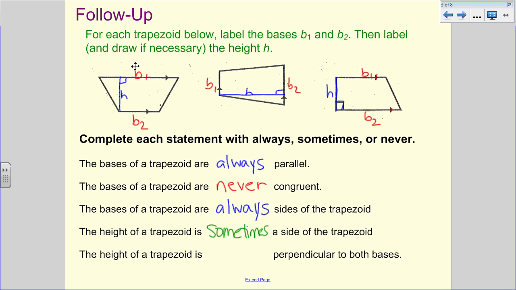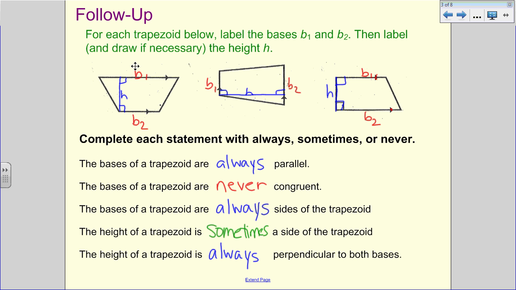And then it says the height of a trapezoid is blank perpendicular to both bases. Well, we only have a 90-degree angle drawn in here, but what we know is that these two angles have to add up to 180. So if it's 90 here, it has to be 90 here between those parallel lines. The same thing here, if these are same side angles between the parallel lines, then this has to be 90 degrees, and then this would have to be 90 degrees. So the height of a trapezoid is always